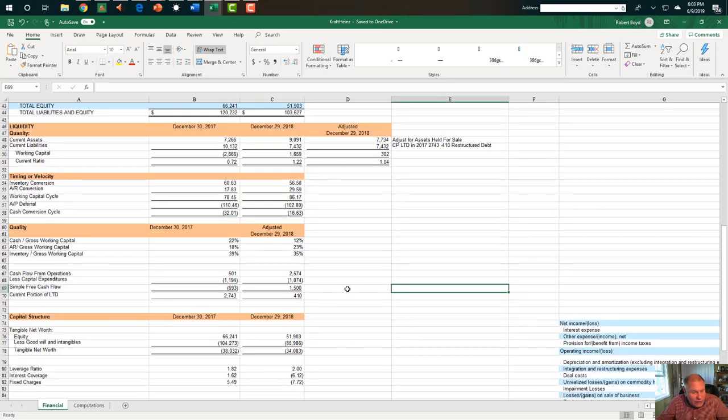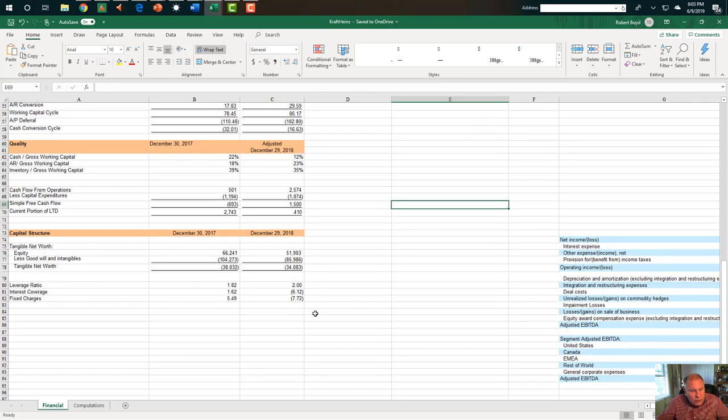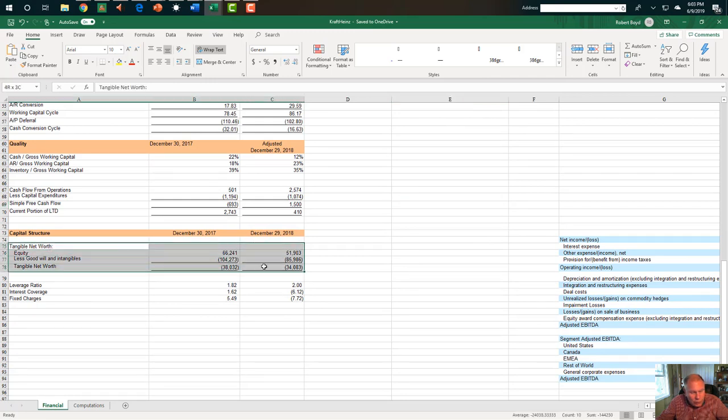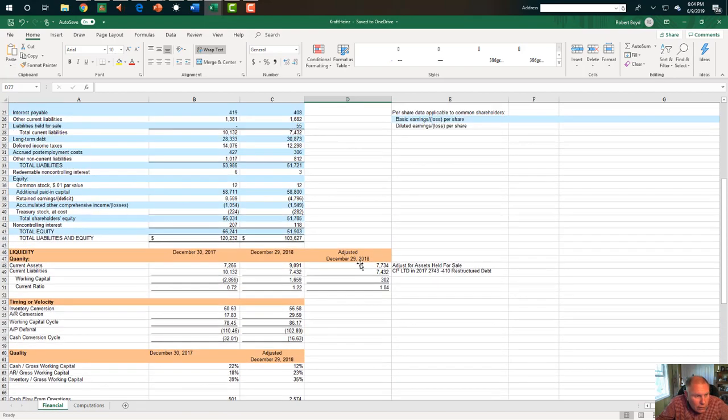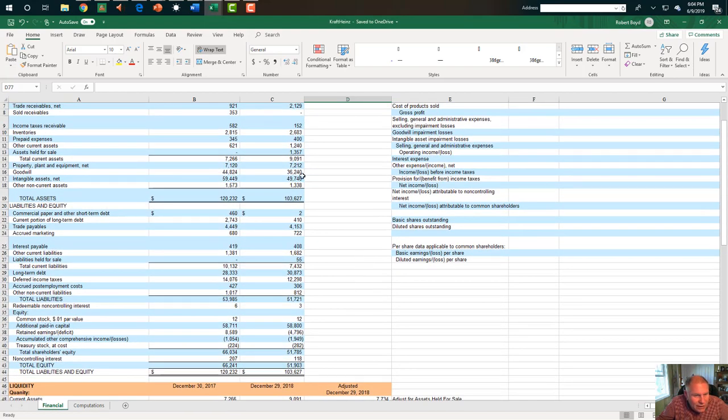Let us go on to free cash flow. That's not really negative free cash flow, only $1.5 billion. This, obviously, they had to do something with, and in this case, they're okay. Not a lot of cushion. But the big thing to look at is right here, tangible net worth. This, and I'm just going to highlight this for a moment, is what happens is they have equity, looks like a lot, but go up here and take a look at